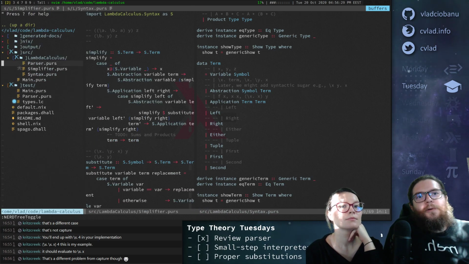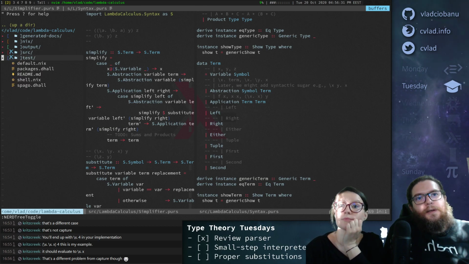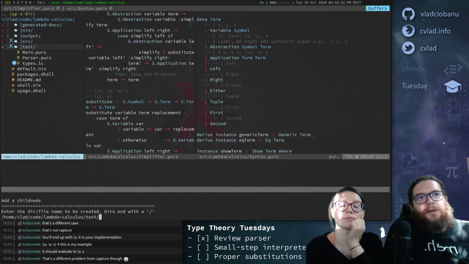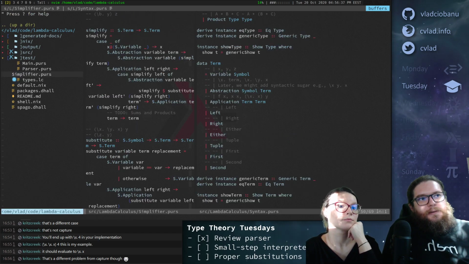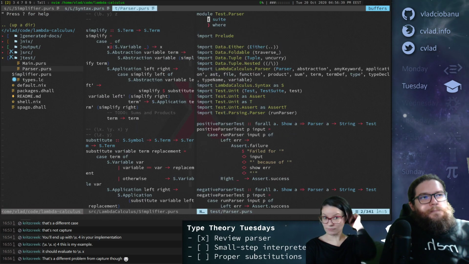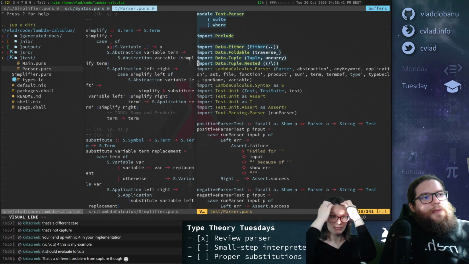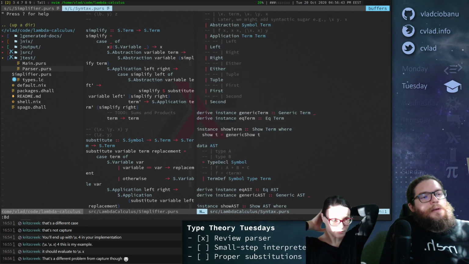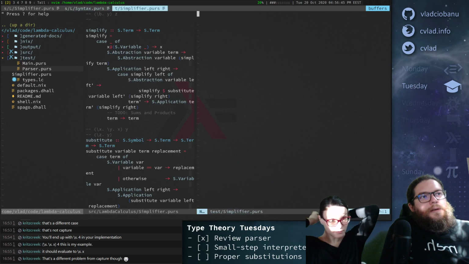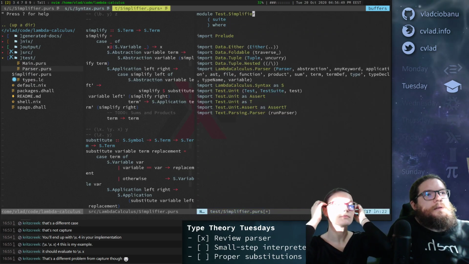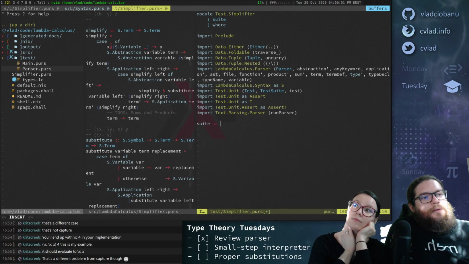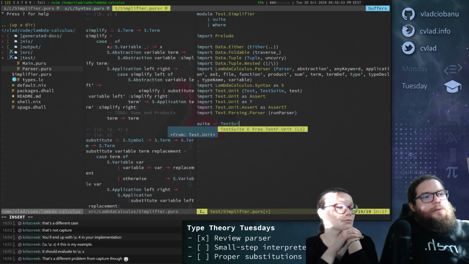Because I think it should work in simple cases right now. So let's say it's parser and then simplifier for tests. Okay, so let me copy some things over from here. Simplifier. Suite is test suite.